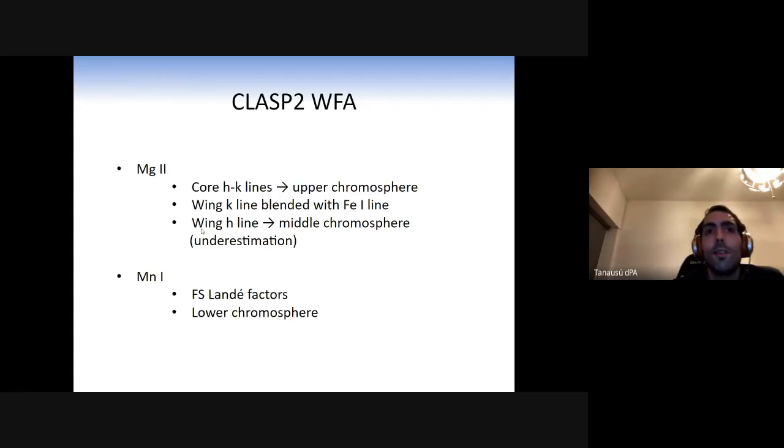But we can use the wing of the H line to get an idea of the magnetic field in the middle chromosphere. But remember always that it's an underestimation. And for the manganese, we can use the lambda factors, forgetting about the hyperfine structure,